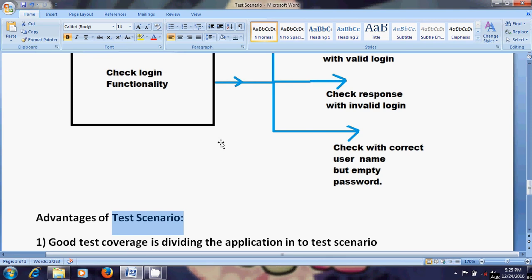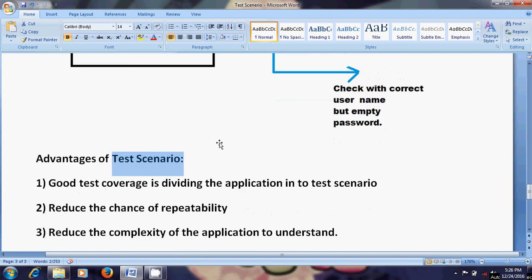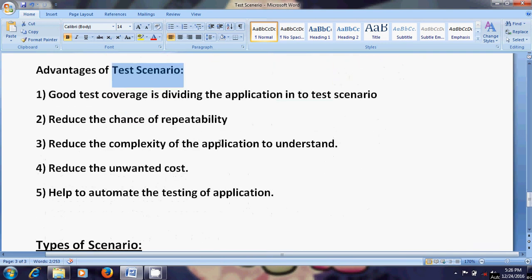Next, it reduces the complexity of understanding the application, because you break the application into scenarios and scenarios break up into cases. Then it reduces unwanted cost and helps to automate the testing of the application. These are the advantages of scenarios.